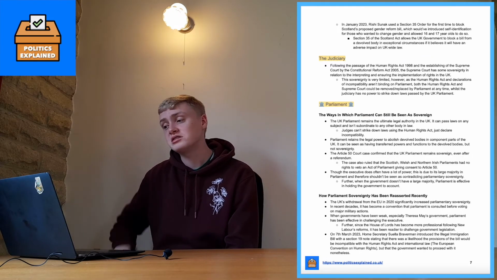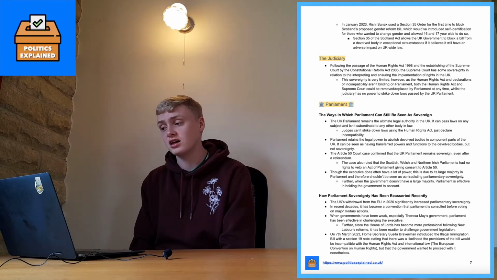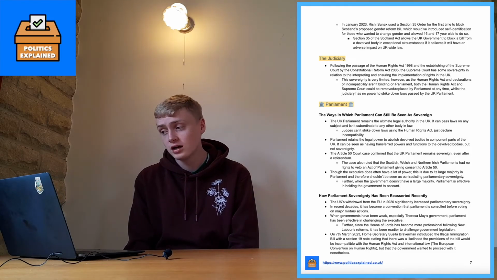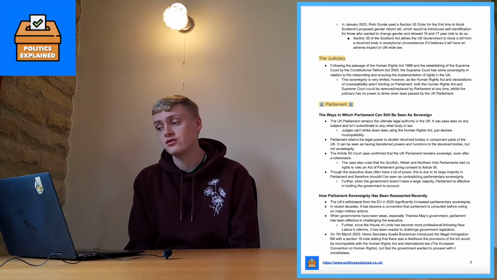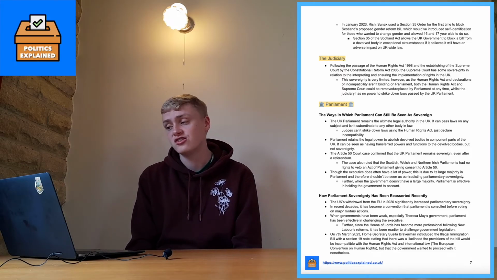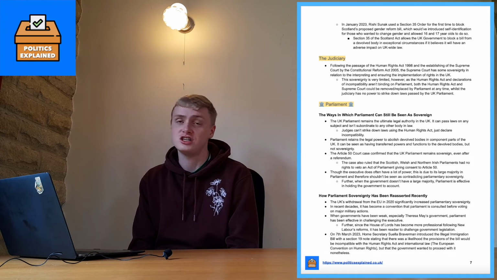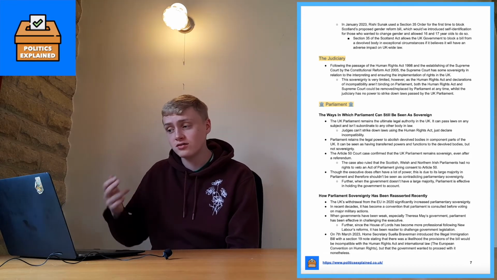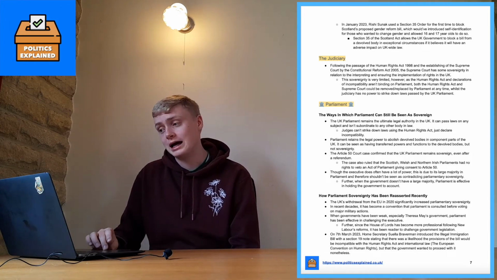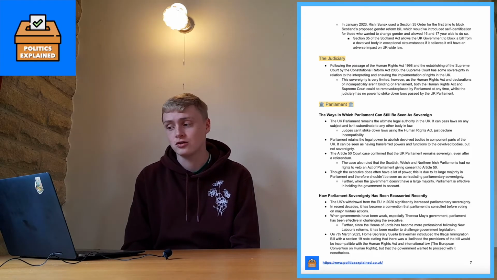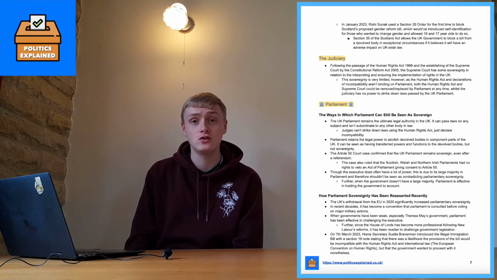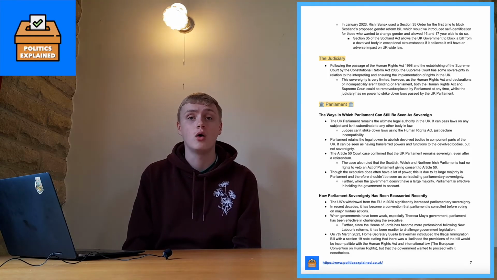Further, in January 2023, Rishi Sunak used a Section 35 order for the first time to block Scotland's proposed gender reform bill, which would have introduced self-identification for those who wanted to change gender and allowed 16 and 17-year-olds to do so. Section 35 of the Scotland Act allows the UK government to block a bill from a devolved body in exceptional circumstances if it believes it will have an adverse impact on UK-wide law. So for the first time, Rishi Sunak used that Section 35 of the Scotland Act,